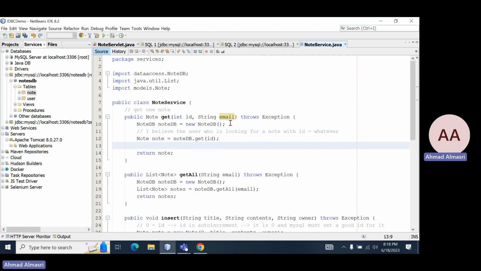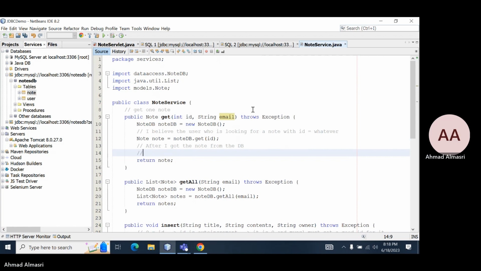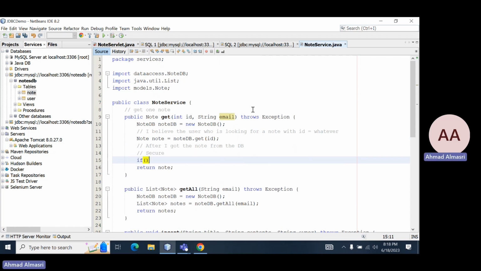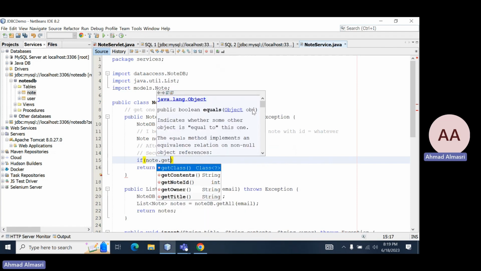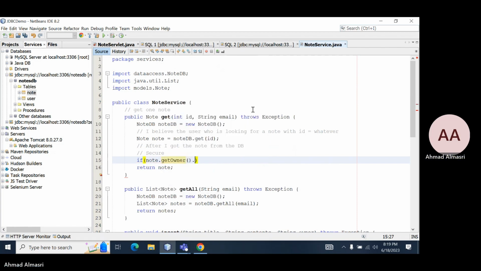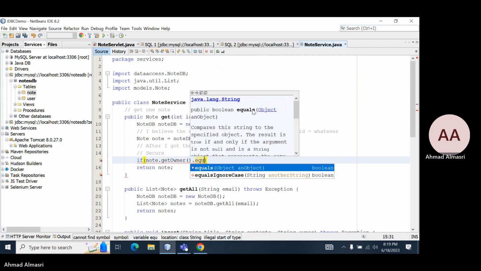However, after I got the note from the database, what I want to do is this. I want to secure my code. To secure my code, I could say if the note that I'm getting from the database dot get owner dot equals the email that I'm receiving,